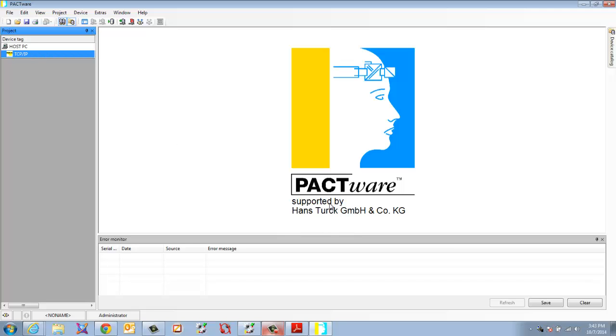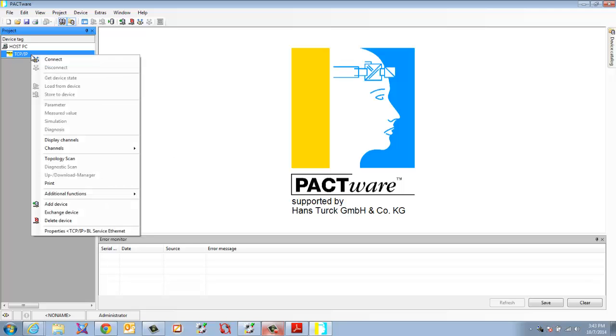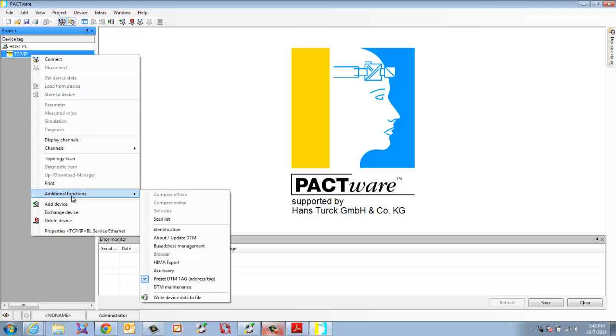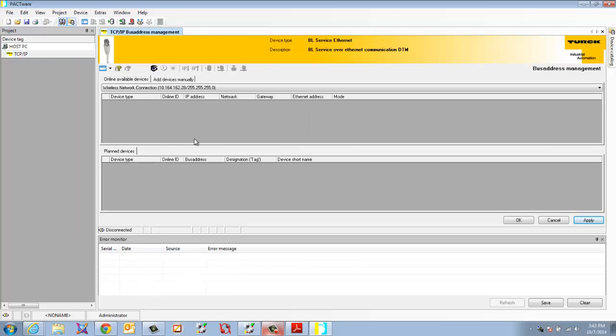Okay, once you have that connected to your laptop, the next thing you're going to want to do is right click where it says TCP/IP. You're going to want to come down to additional functions. You're going to come over and select Bus Address Management. Up here in this top column, you'll want to select this drop down,